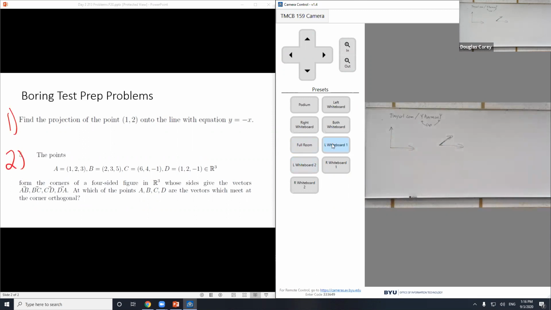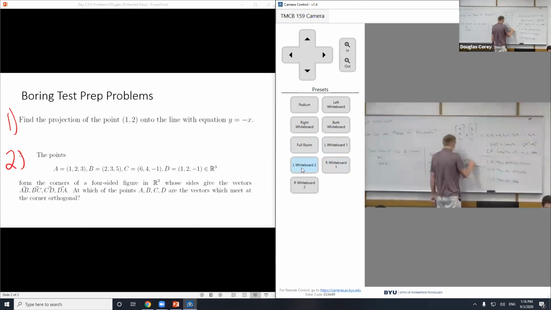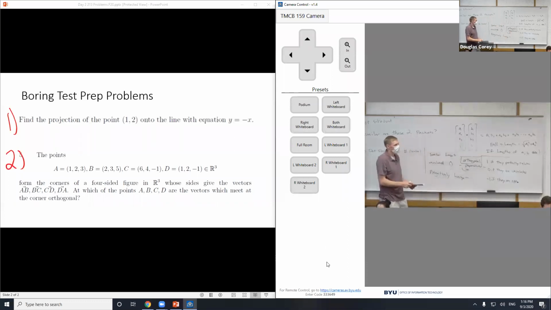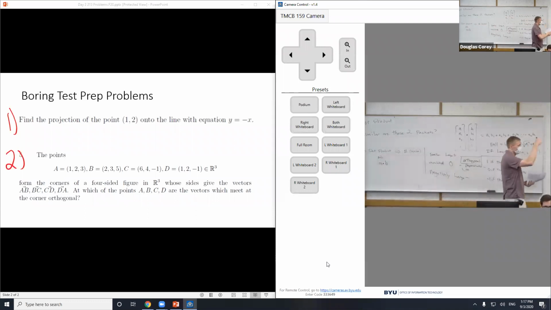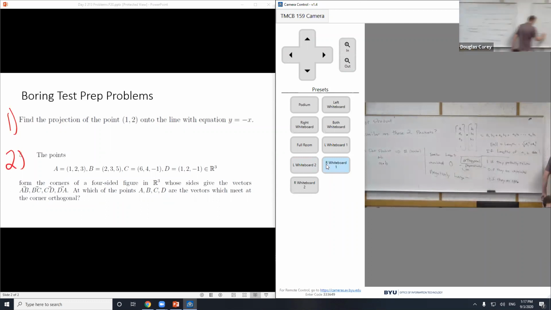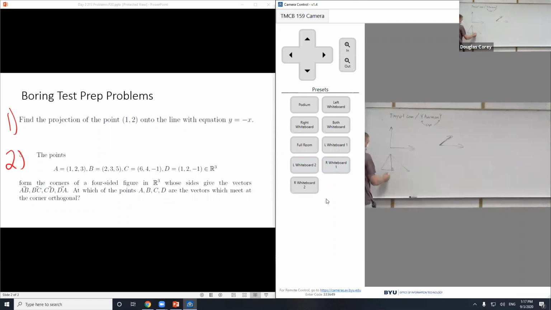In this class, we have a special name for perpendicular: orthogonal. That's the same as perpendicular, okay? So the orthocenter of a triangle is where the altitudes meet, and altitudes are when you drop a line from a vertex perpendicularly to the base. If you do that with all of them, where those meet is called the orthocenter.